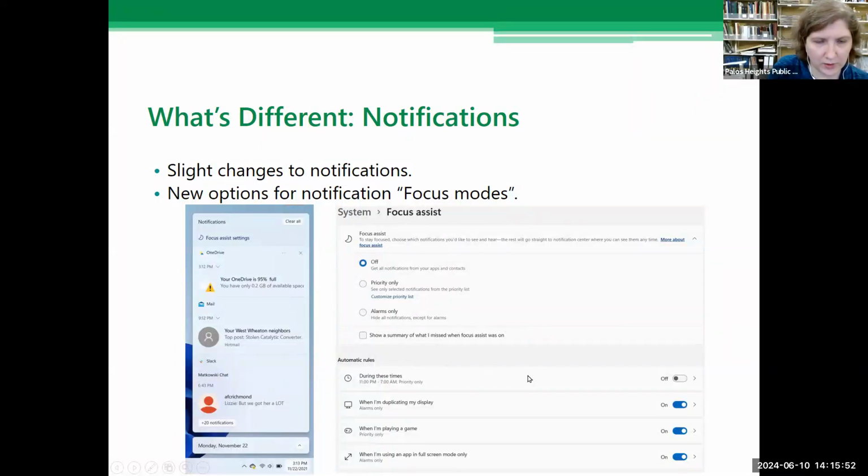specifically, if you know you're always going to work on Mondays, you can say for Mondays between this time and this time, I don't want notifications. Otherwise, you can always just turn it on manually. And so you will get fewer notifications when you're trying to focus on something, or if you don't want notifications late at night. You can find that in System Settings, Focus Assist.